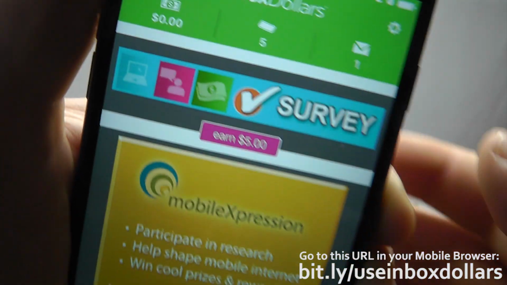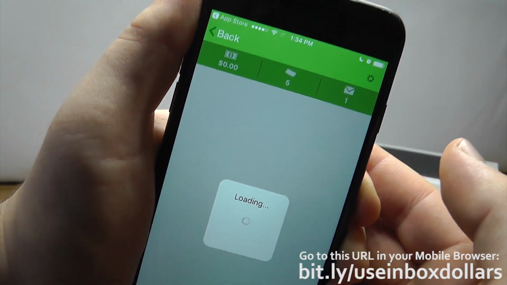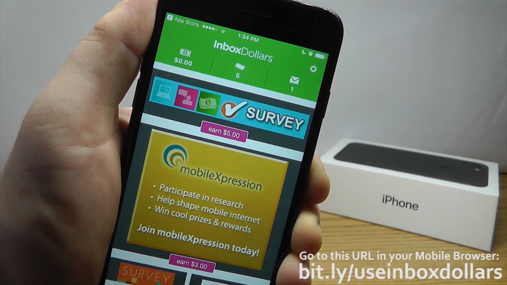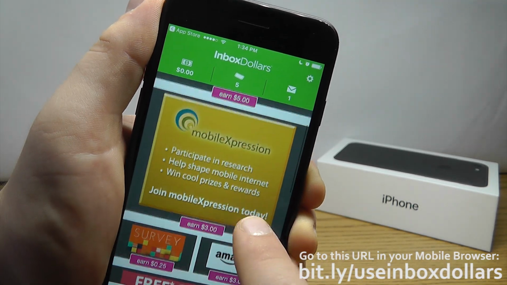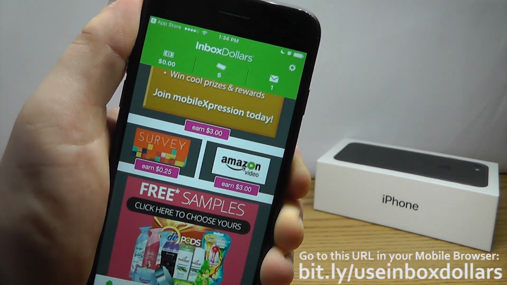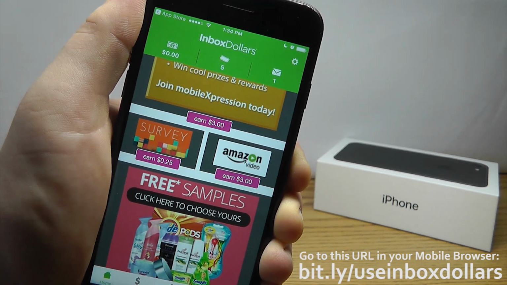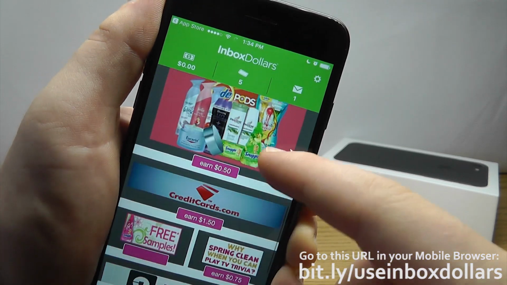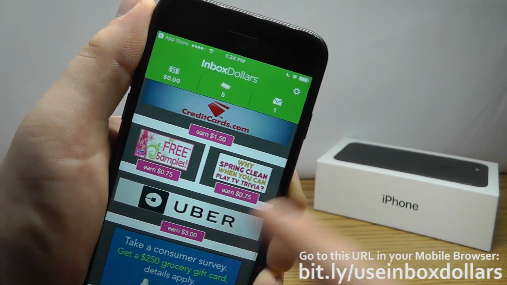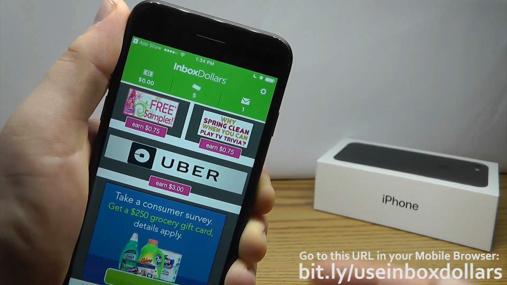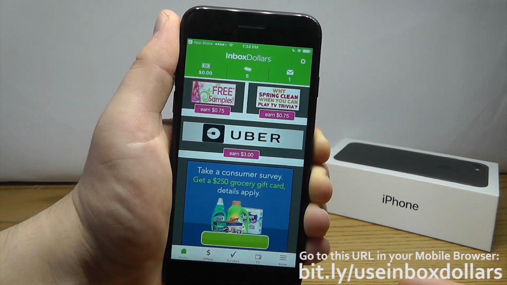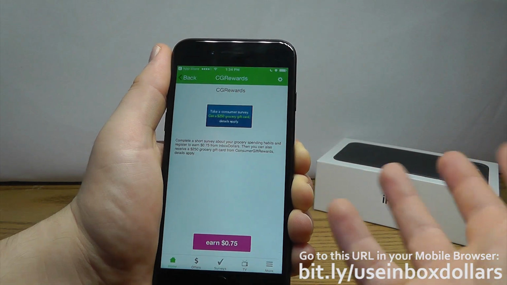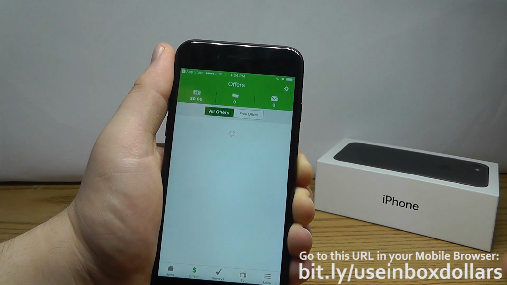So as you can see here, you can earn $5 just for doing a survey, and it'll bring you to the survey. You just personalize everything. That's $5 whole. You can earn $3 for this other research survey, 25 cents for a quicker survey, and $3 for checking out Amazon Video. You can get paid to receive free samples, 50 cents, $1.50 for going to creditcards.com, $3 just for using Uber. I mean, these are top rate companies. These are legitimate deals that you can just get right off the bat. So there's a lot of great offers. As you can see, just click on it and you can earn additional cash